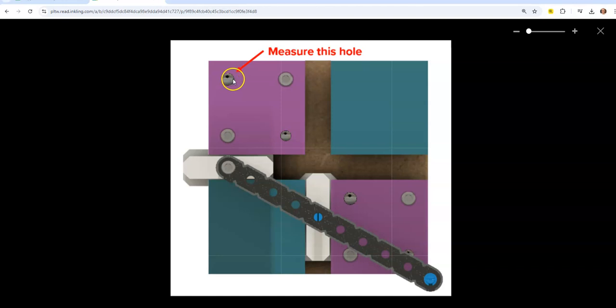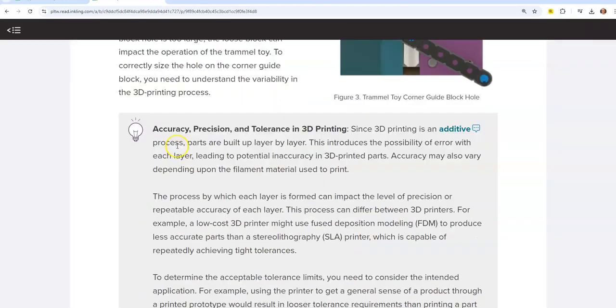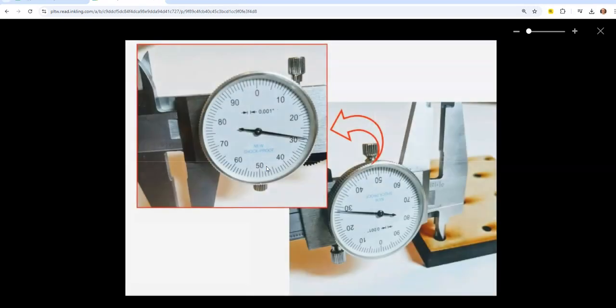And it says to measure this specific hole right here, because this right here is a metal pin that fits, and the metal pin is slightly larger than the hole on this purple piece, and the only thing that holds this corner block to our base with the holes in it is the dimensions of this metal rod that we see here. So within the curriculum here, they actually talk about taking a dial caliper and measuring the size of